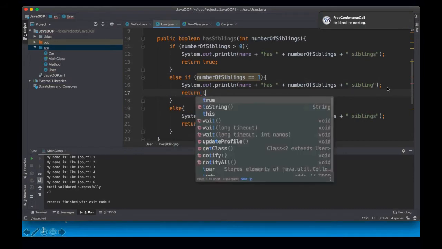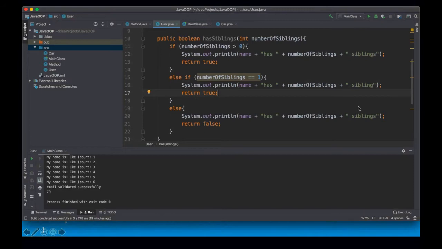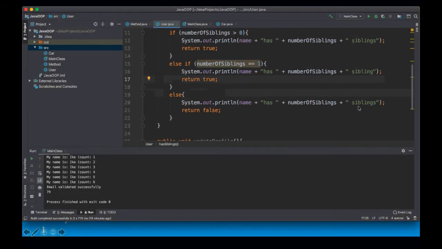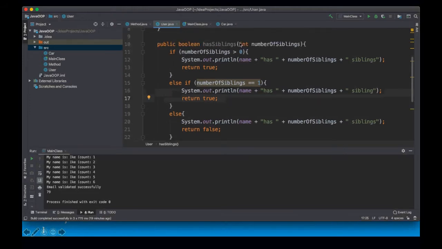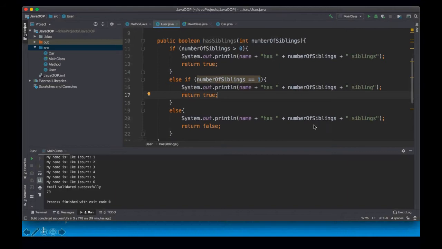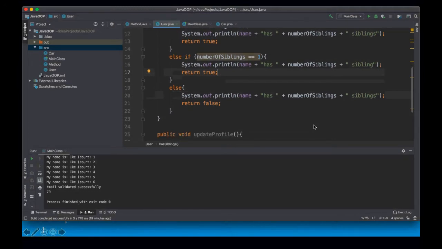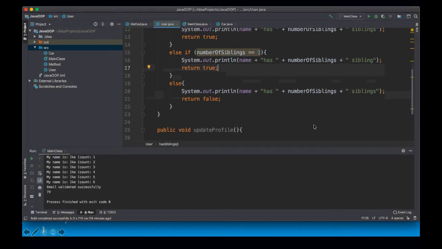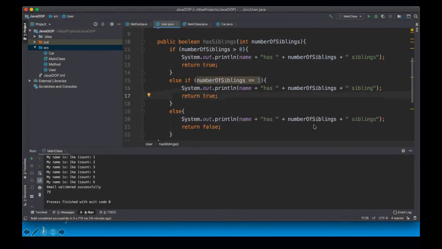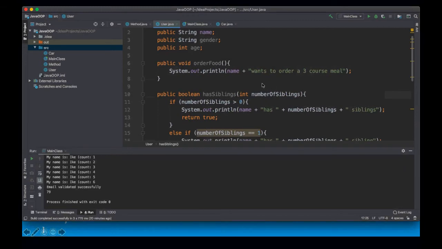So this is the method. It takes in a parameter called number of siblings. If the number of siblings is greater than 0, it prints out the name and the number of siblings that user has. And if it's equal to 1, it prints out that it has 1 sibling. And if it's not equal to either of them, then it says the user has 0 siblings. So I'm going to define that method. Okay, and we need to do update profile. To update the profile, I'm just going to print out System.out.println